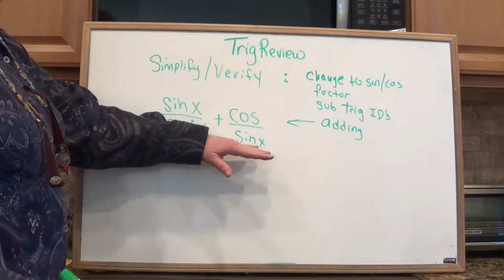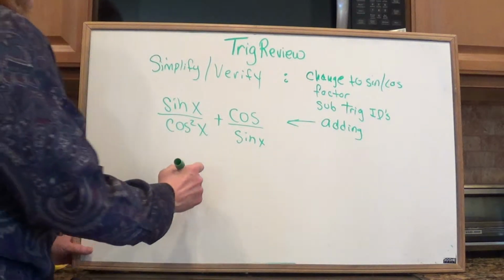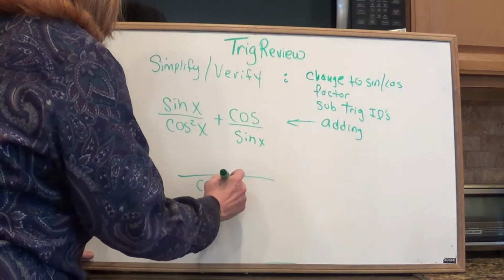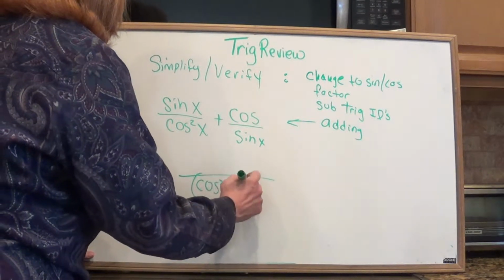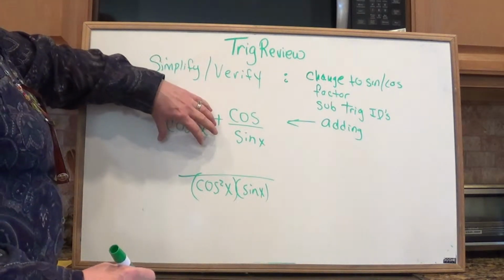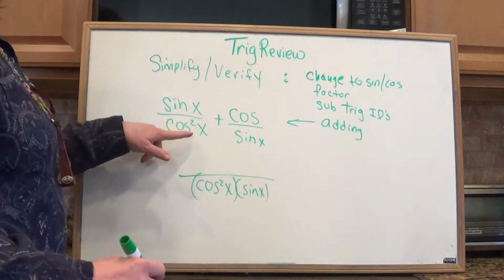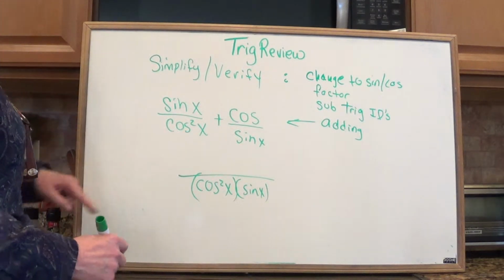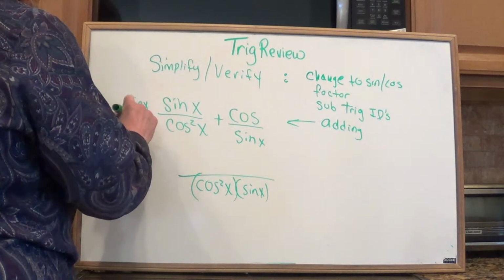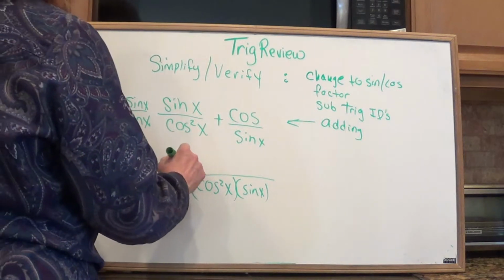To give these like denominators, this denominator and this denominator must appear in the common denominator, and they're connected by multiplication. So you're going to ask yourself, what does this expression need so its denominator looks like this? Well, all it's lacking in the denominator is sine x. So I'm going to multiply by sine x over sine x. That creates a sine squared x